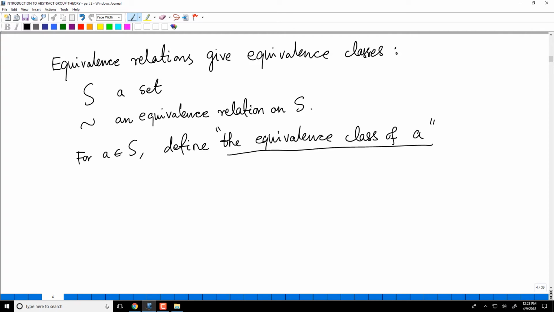The equivalence class of a, as we denote it, is written as a in square brackets. This is all elements b in S such that a is related to b. Okay, so this is very simple. The equivalence class of a is the collection of elements that are equivalent to a. So in our examples,